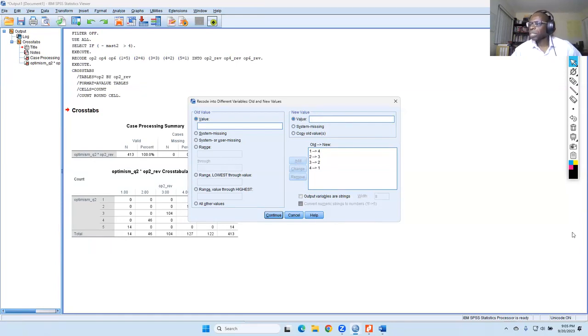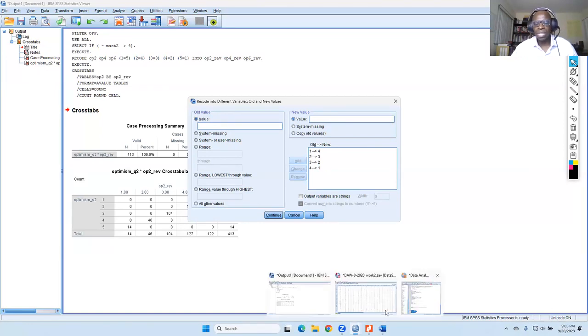And you can always ask what's the importance of this reverse coding. Great question. When a scientist is developing a scale, sometimes they will pose a question in the opposite direction of all the other questions, right?